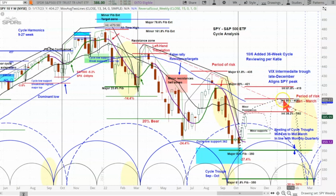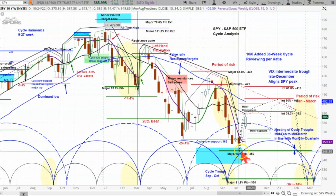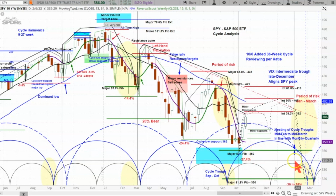And then probably mid-January. Late December probably is too soon. And then getting into this very risky period where we think that there will be a very serious decline, where the stock market likely will give up from 400 or in that area down to below this area right over here, which was that last low on that important major 50% fib at 350, probably getting down here to about